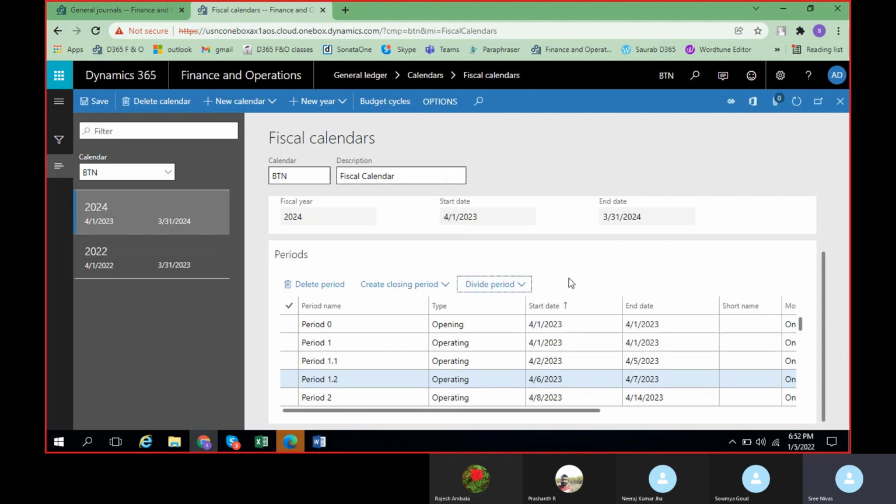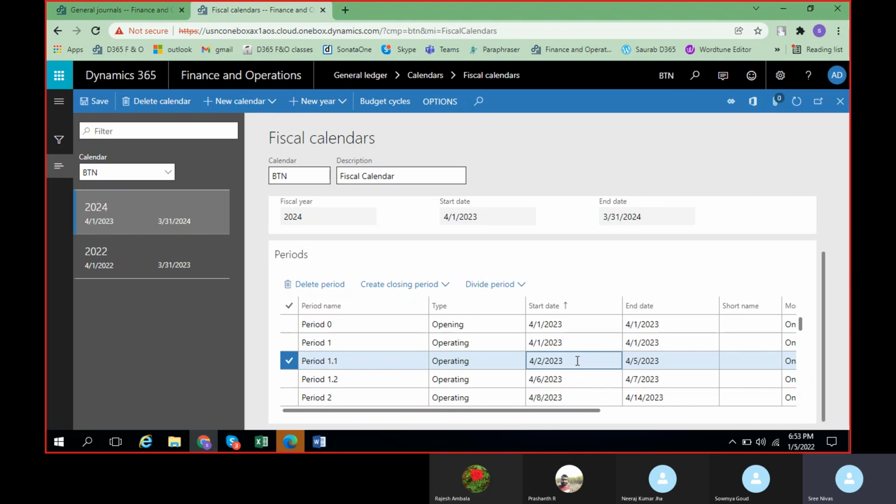This option helps whenever a client asks you to record or identify transactions only for those 2 days, or in case he wants to rename, for some reason, instead of period, to give any name, you can do those changes here.